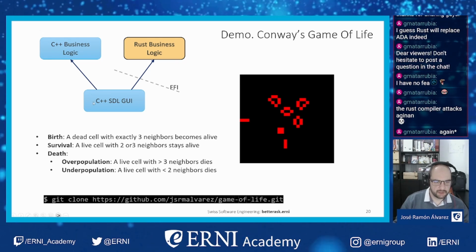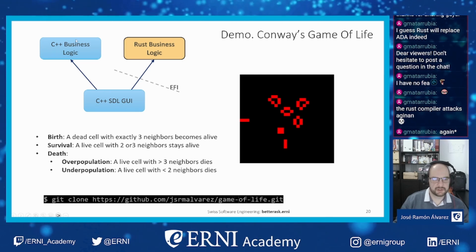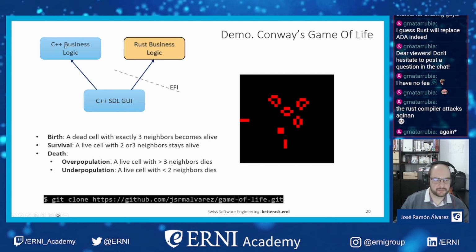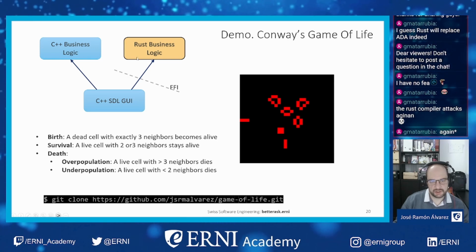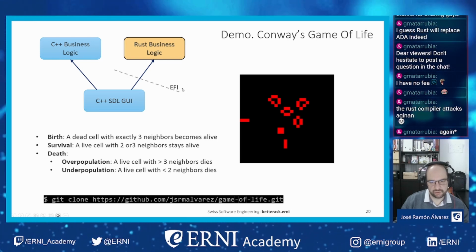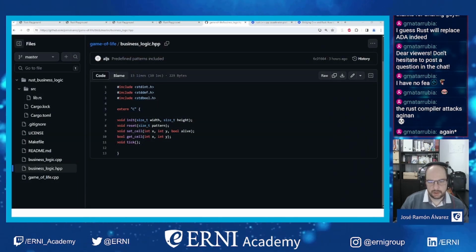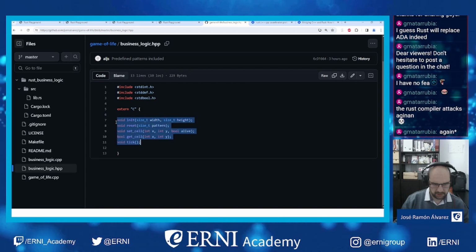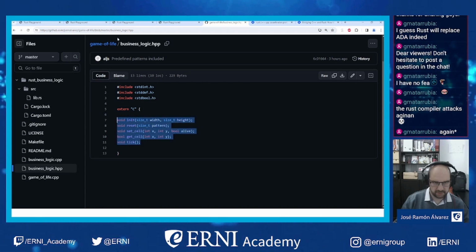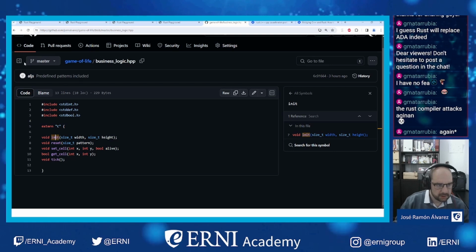We have one user interface implemented in C++, and the business logic that is in C++ also, and I re-implemented it using Rust through the foreign function interface. So here you can see the interface of the business logic, and